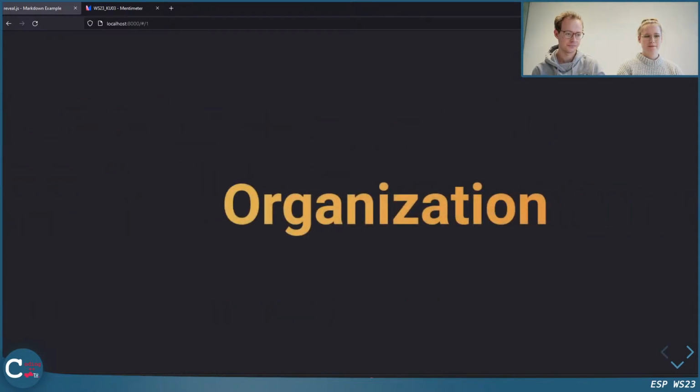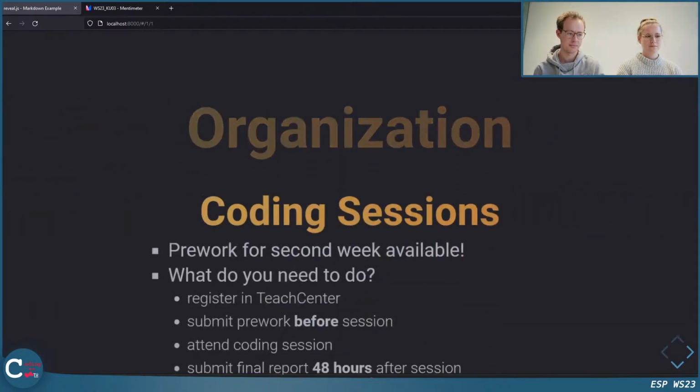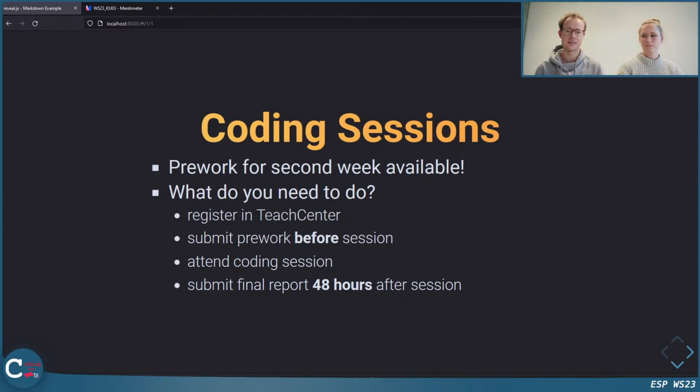Okay, so organization: what is planned for today, what are the important things? Coding sessions: this week the first coding sessions took place, which were, I think, really interesting for you as the students who attended them. For next week, the pre-work is already available in the Teach Centers. You can find it there if you register to a slot.